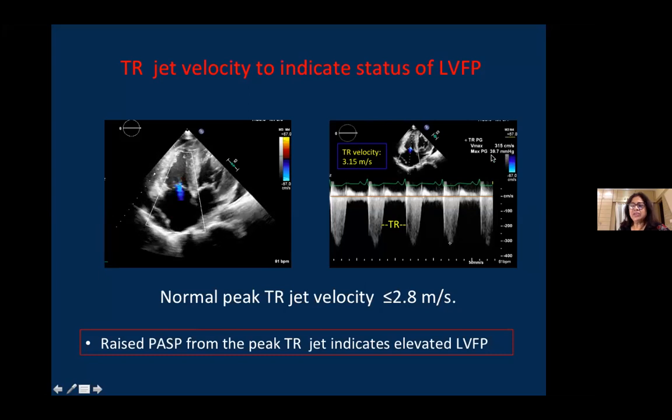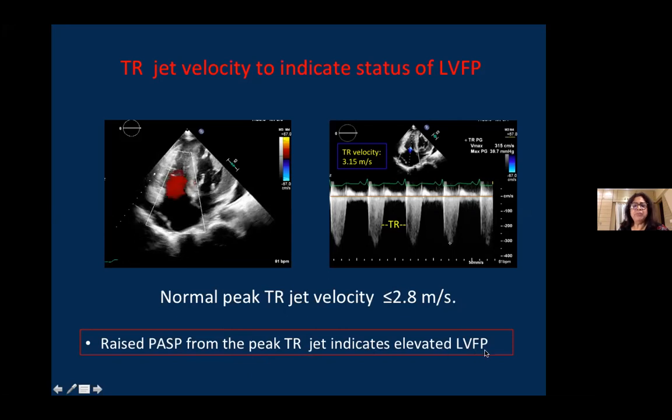Even if RA pressure is normal, the estimated pulmonary arterial systolic pressure is more than 40, and that indicates raised pulmonary arterial systolic pressure, and that we are getting from the peak TR jet, and that is indicating elevated